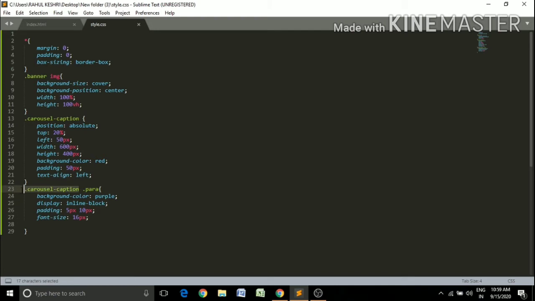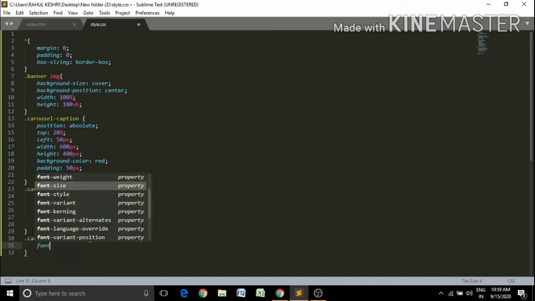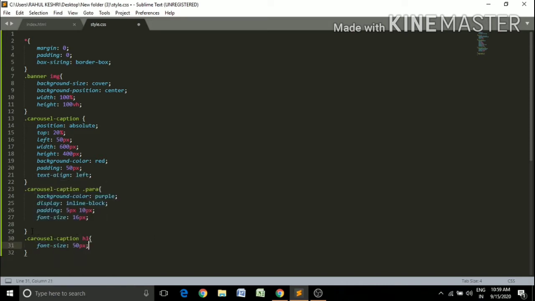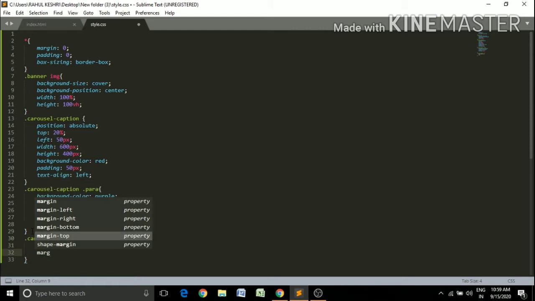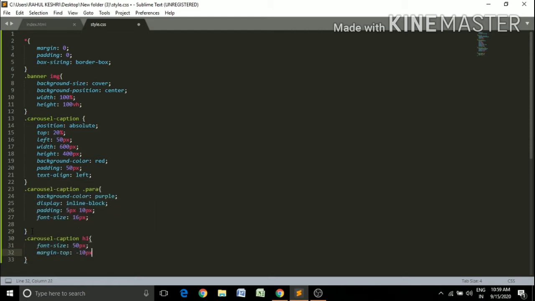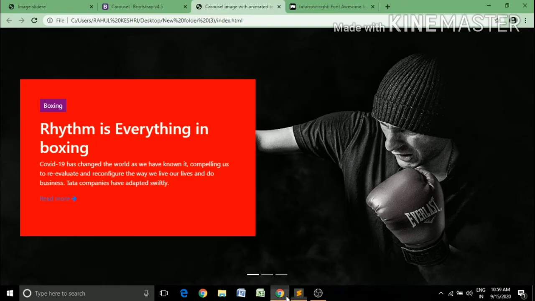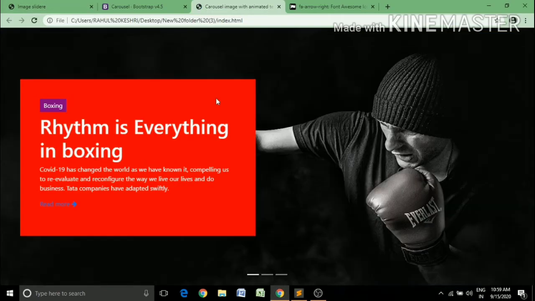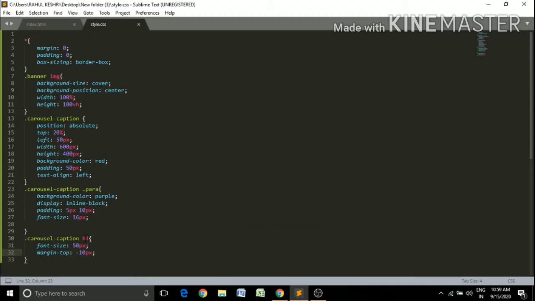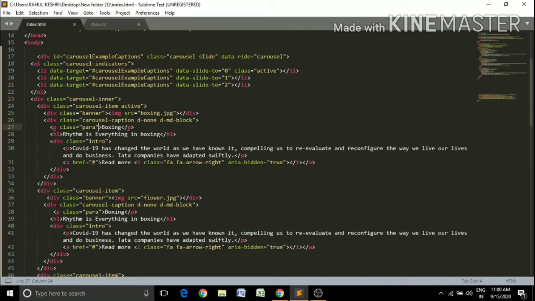Now just move to the heading part, the H1 part. Font size 50 pixel and margin top minus 10 pixel. Okay, now just move to the intro div. Dot intro.